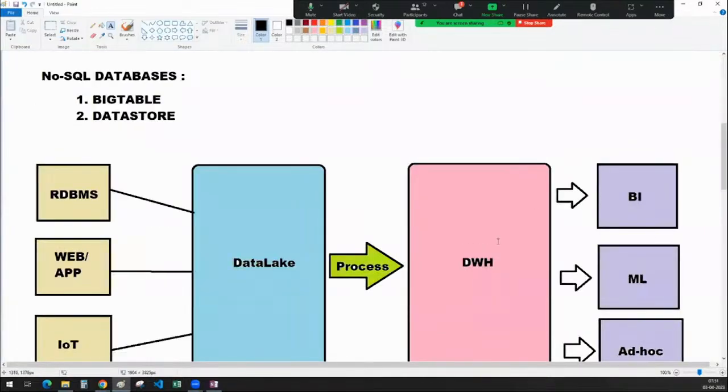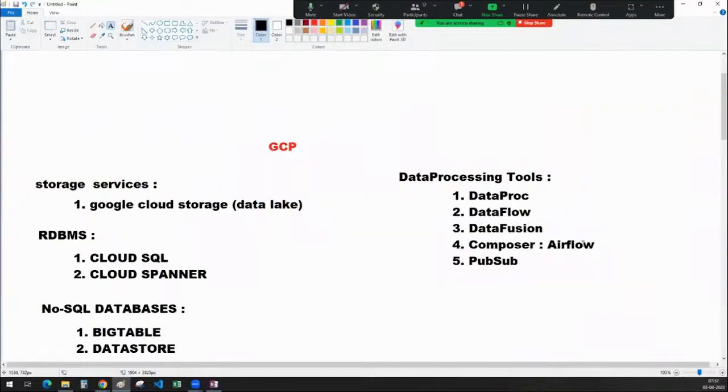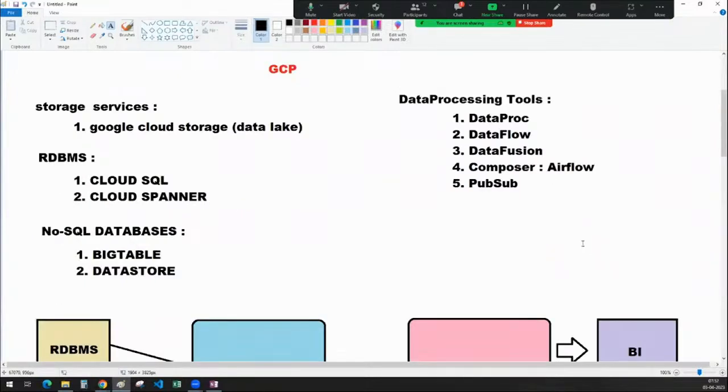And one more thing, you have plenty of workflows with you and you wanted to manage all the workflows, schedule them, manage them. And even if something goes wrong, if you wanted to take care of fixing the problems and issues, you can look at the logs, all of those things. You can go to Cloud Composer, that is the managed Airflow instance where you will have plenty of options available. You can schedule the pipelines, you can monitor the pipelines, you can create the DAGs, you can do anything in there.